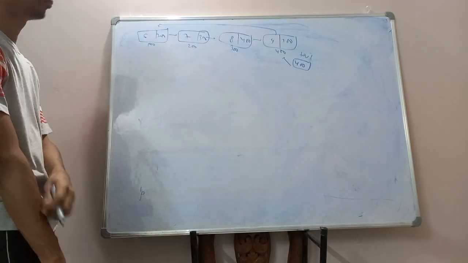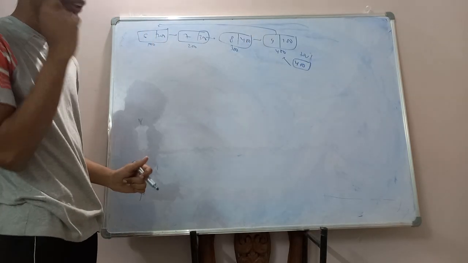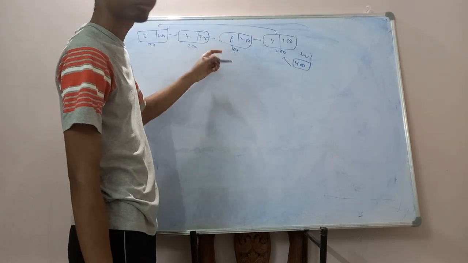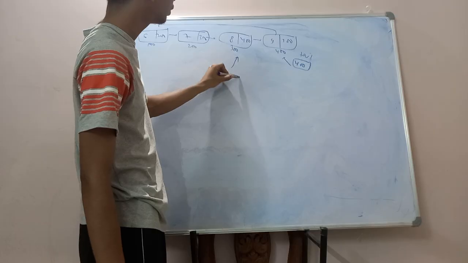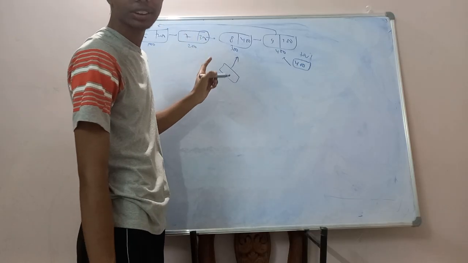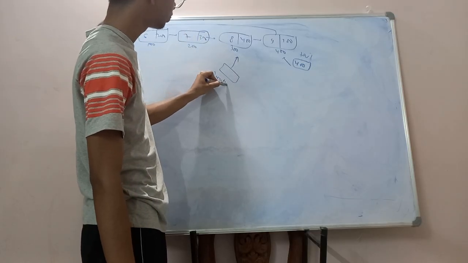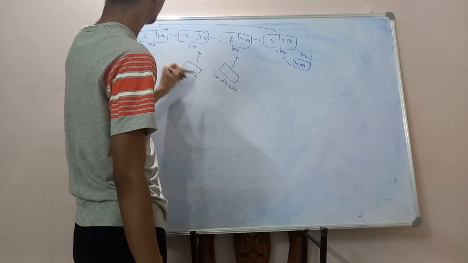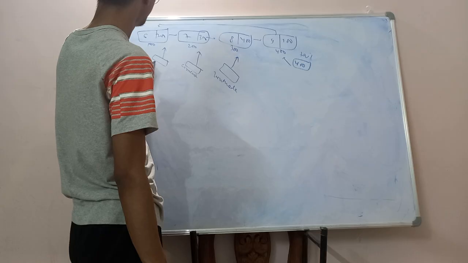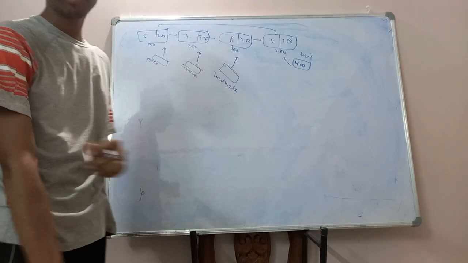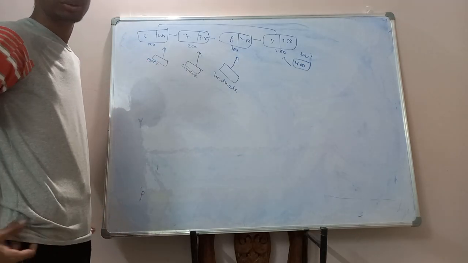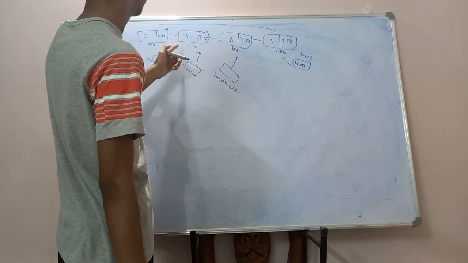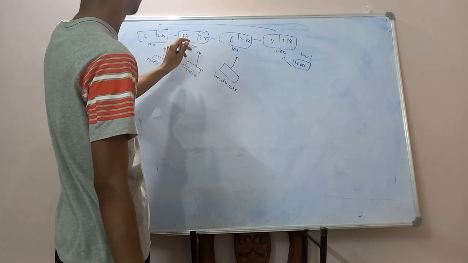Right, this was my node. Now for reversal, I will maintain 3 pointers. Suppose one pointer is pointing here, which is the next node. Another pointer is pointing here, suppose current, and another pointer is pointing here, suppose previous. So what I will do to reverse, I have to give here,